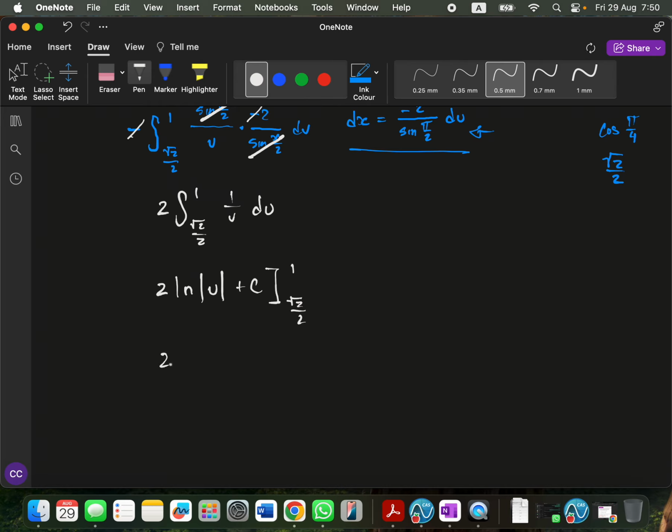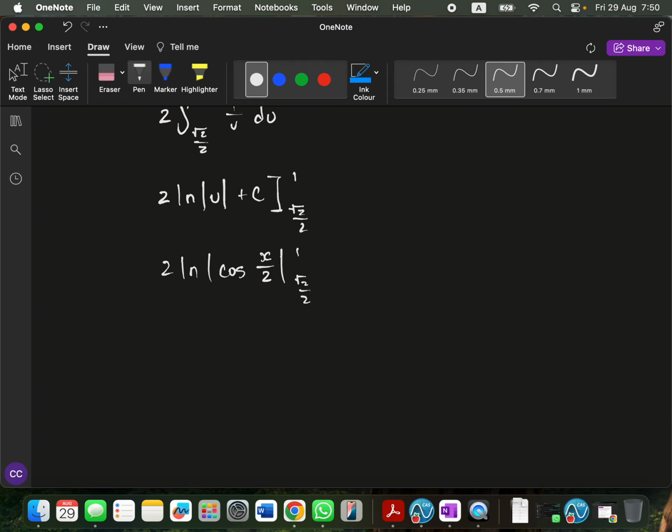Subbing back in what my u is, I get 2 ln of the cosine of x over 2 from root 2 over 2 to 1. So looking at this would turn into 2 natural log of the cosine of 1/2 minus 2 ln of